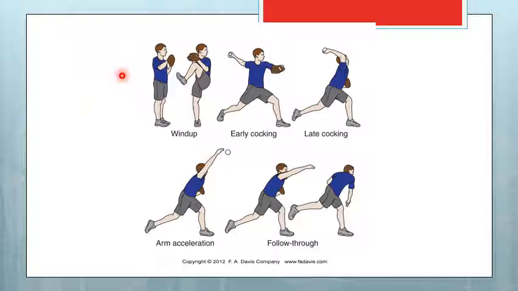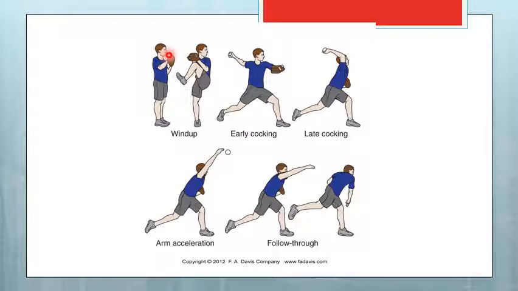So obviously this leg from the windup phase is now going to come down to the ground, and that's when you're getting into the cocking phase. The ball is also the farthest from the target. Again, the reason being is you want the ball farthest from the target. That's going to allow you, particularly when you're trying to throw a fastball, to generate more speed. So you're going to be in shoulder abduction, external rotation, and there's going to be some